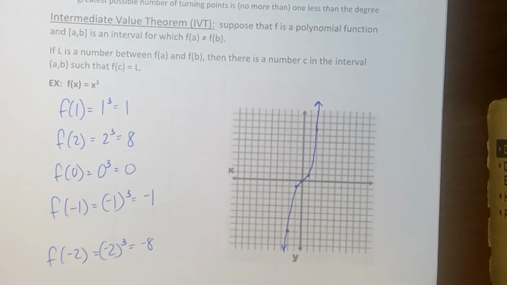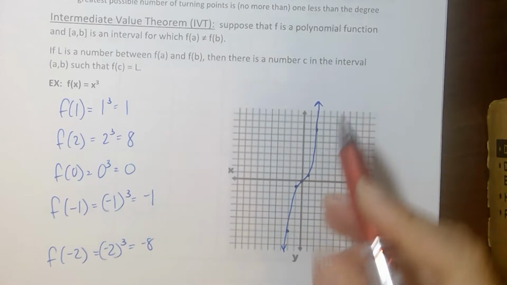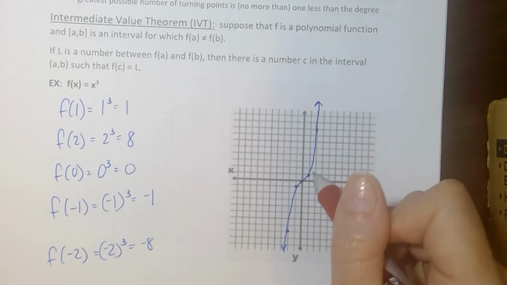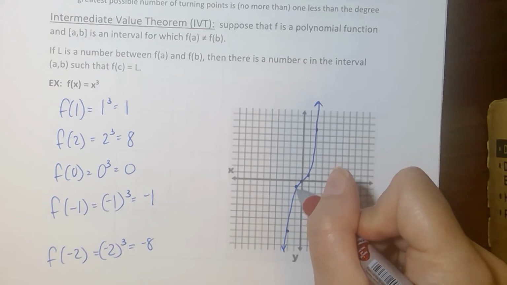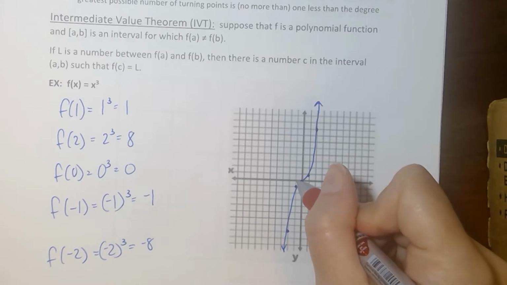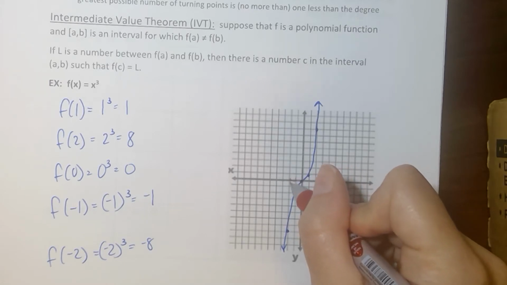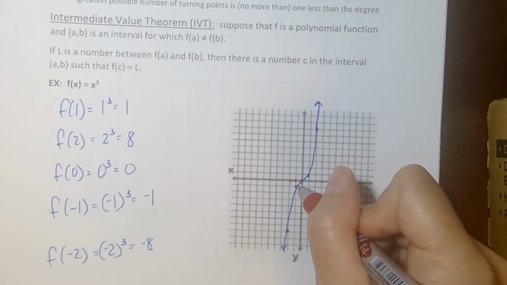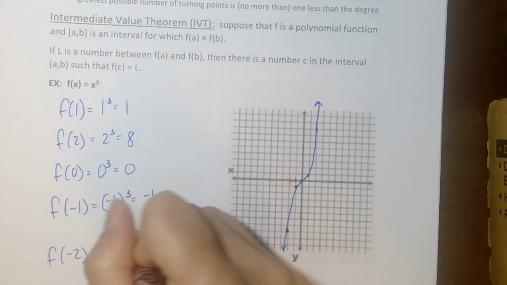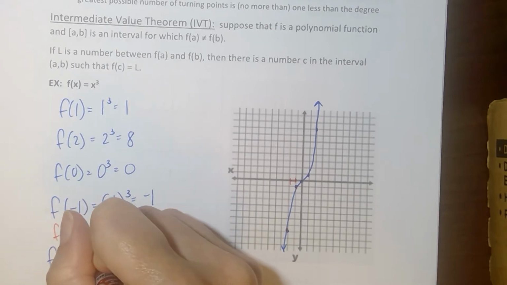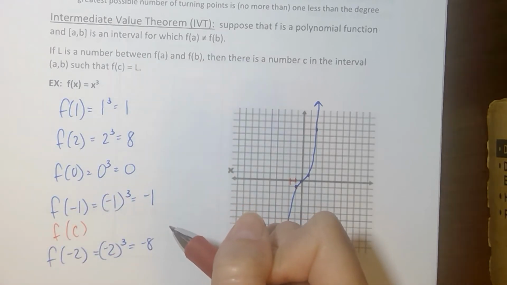Okay, so now let's talk about this intermediate value theorem. I have this interval from -1 to -2. Let's just pick that. And I know that I connect these dots. So, -1 to -2, this interval right here. And because I know that I connect these 2 points, that means that somewhere between -1 and -2, there's going